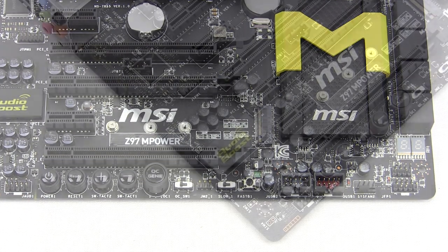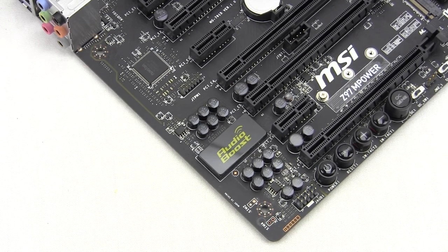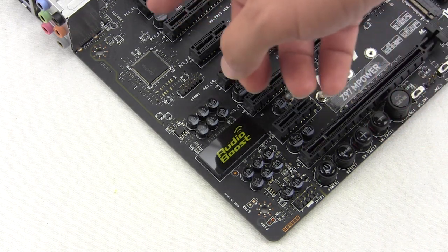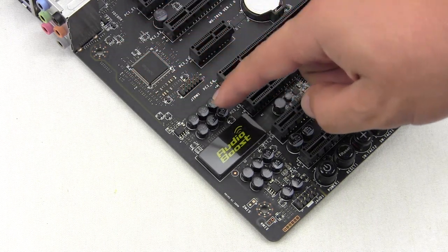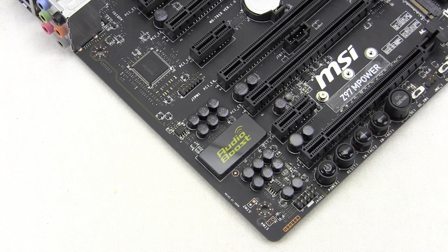and then we have our front panel audio connections right here. On the far side of the motherboard, we can see the Audio Boost chip right here, and this is going to give you a built-in headphone amplifier and a lot of other great audio tools that you can use. Of course, going to give you that great audio that you want for gaming, music, and all of that stuff. And it's actually separated from the rest of the motherboard. You can see the little yellow line here. It's kind of hard to see. That's going to actually light up as well, so it's completely separated from the rest of the motherboard for, of course,